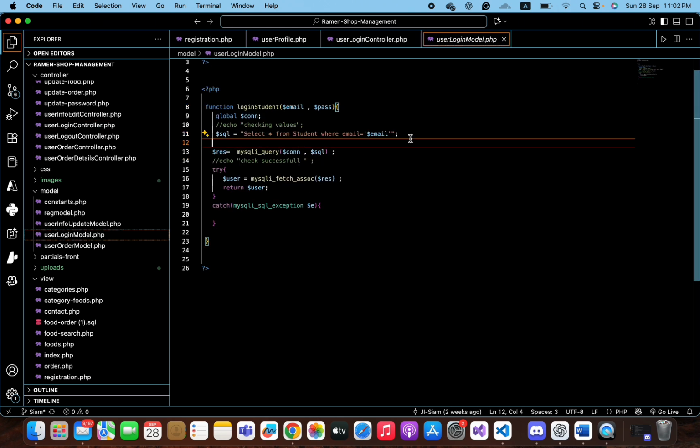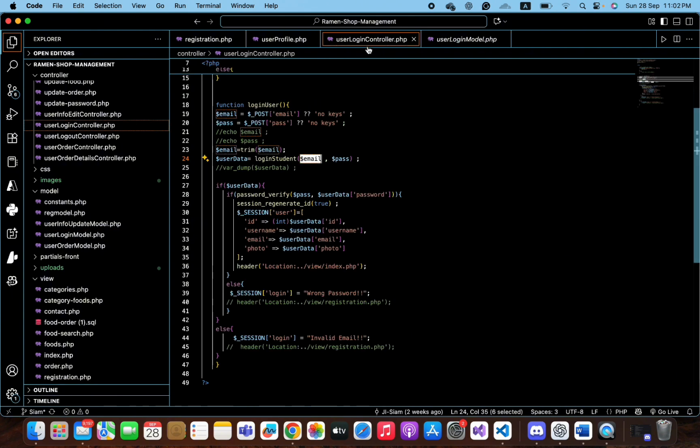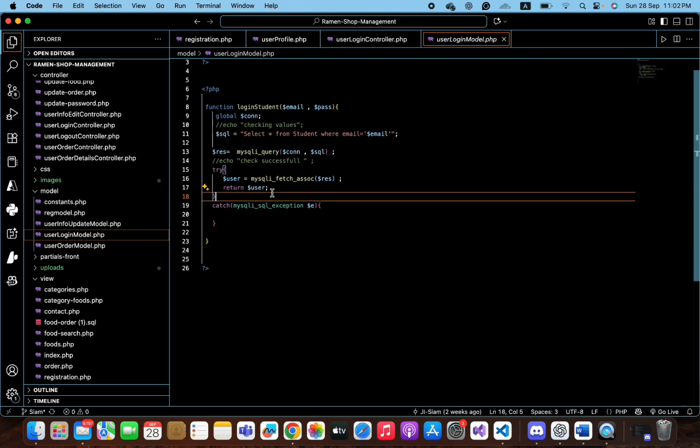Now the SQL query returns a result, so we check whether the query returned any result or not. If it returned any result, we simply return the user here. So user data now holds the user, which is basically a row from the MySQLi